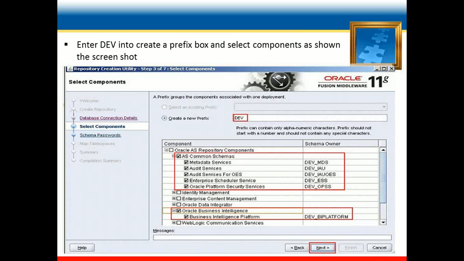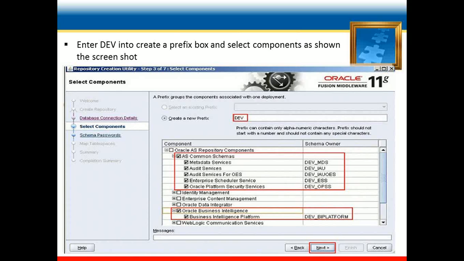These are the two main schemas, DEV MDS and DEV BI platform. Without these schemas, we couldn't run our OBI analytics, and these two schemas are DEV BI platform and DEV MDS.